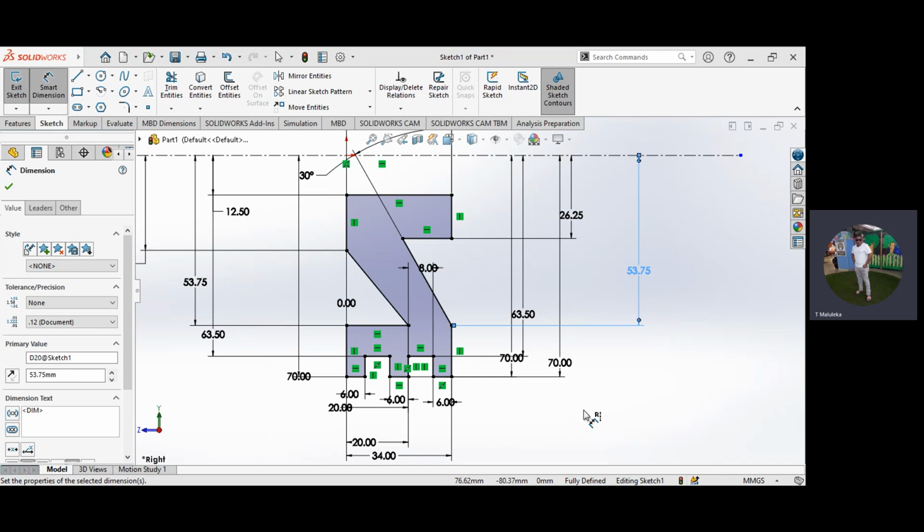I decided to mute because of some background noise, so forgive me for that, okay? So now since our diagram is fully defined, we can